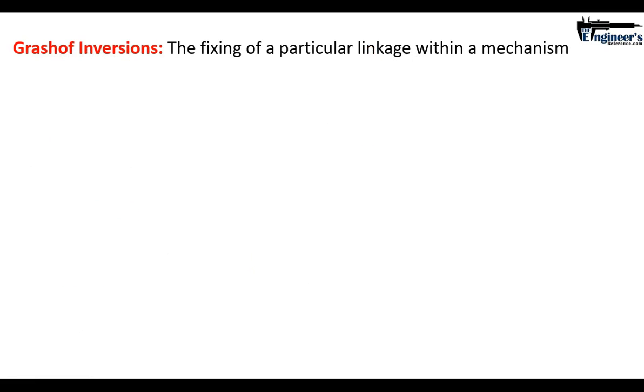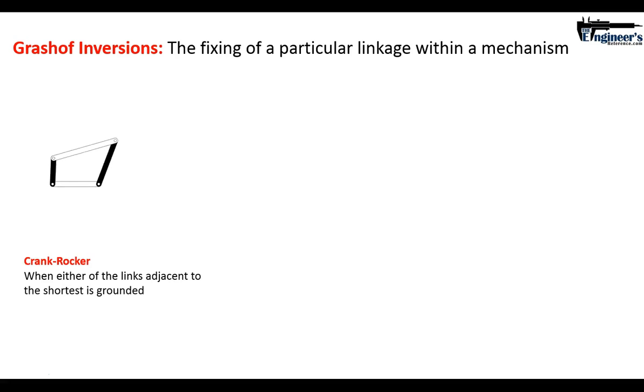Now, as far as how they actually are configured, are the inversions, the Grashof's inversion. The good definition of that is the fixing of a particular linkage within the mechanism. Now let's look at that. When either the links are adjacent, the shortest link, the ground link is fixed, you end up with a crank